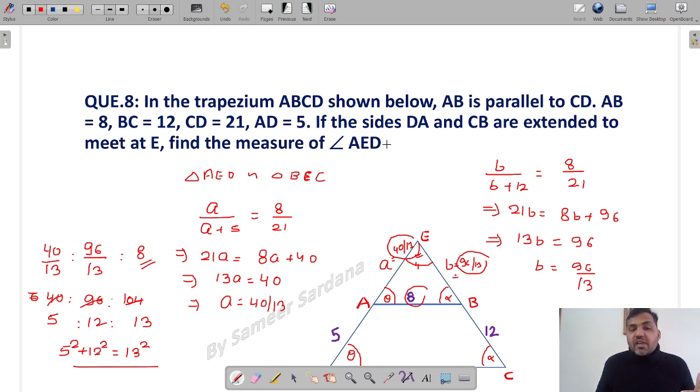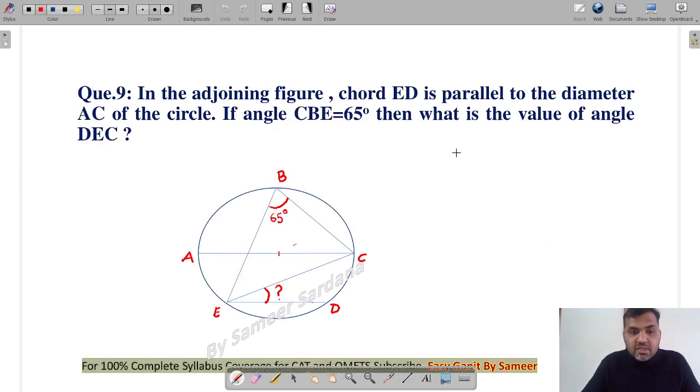So therefore the value of angle AEB, sorry guys, here we are supposed to find out the value of angle AEB. This is a typing error here. The value of angle AEB will be equal to 90 degrees, and that's the correct answer of the question. Very, very important and amazing question, guys.